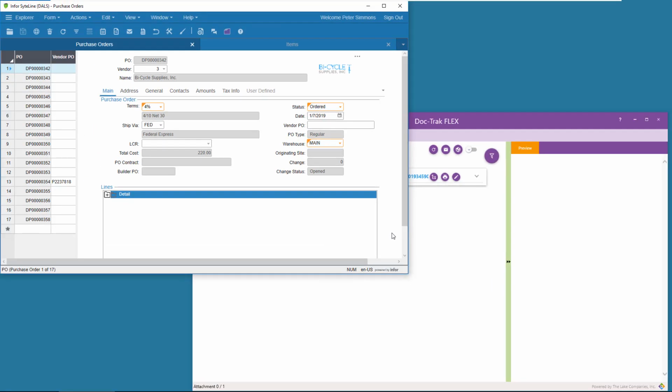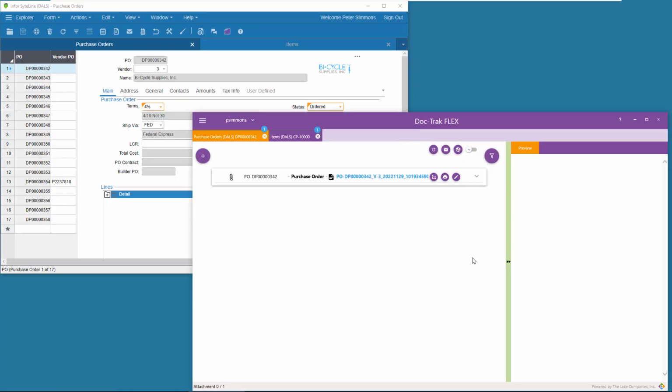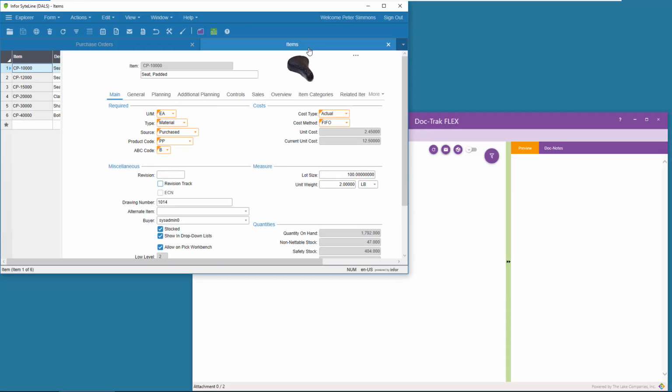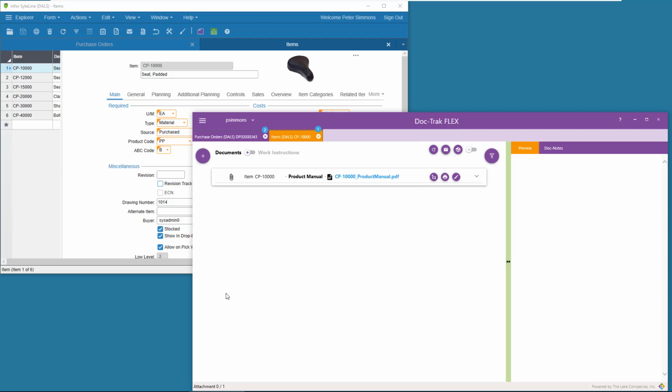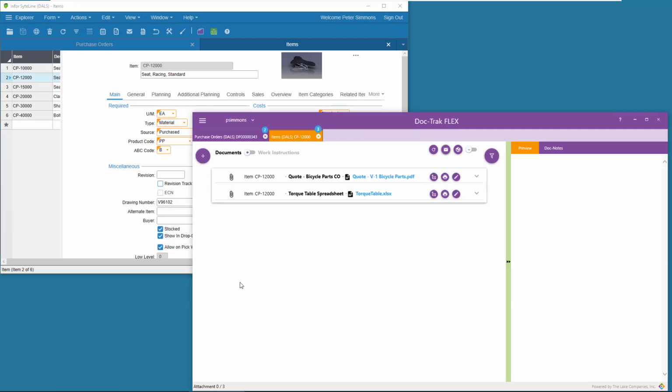DocTrack can link or attach electronic documents of nearly all kinds to individual records in Sightline. You'll find these attachments in a separate application called DocTrack Flex. When you select a new record or a new form, it immediately changes to show all the attachments available.